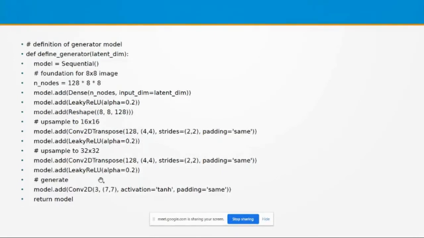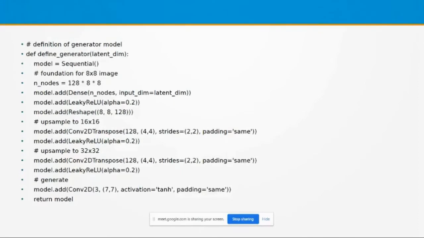Then, in order to generate that image, a particular filter is used, of size 7 by 7. Instead of 7 by 7 you can use 5 by 5, no problem. So Conv2D 3, then 7 by 7, activation is equal to tanh. The tanh activation function is used because in the main program I am going to normalize the images with values ranging from -1 to 1.